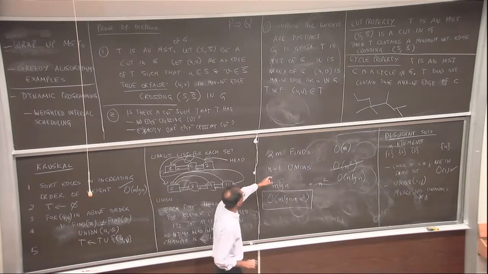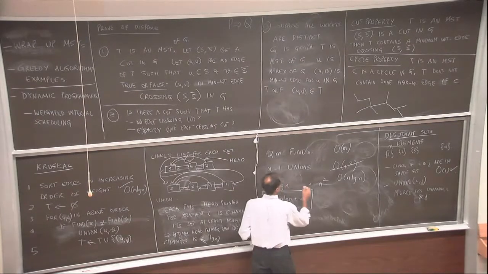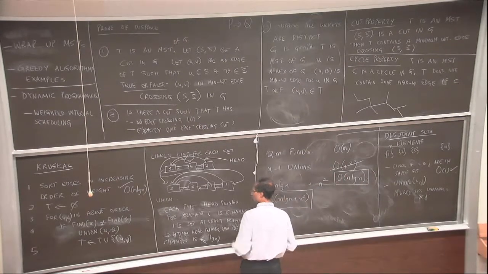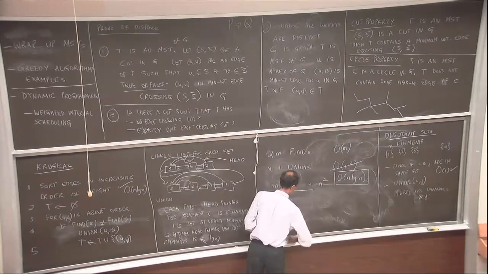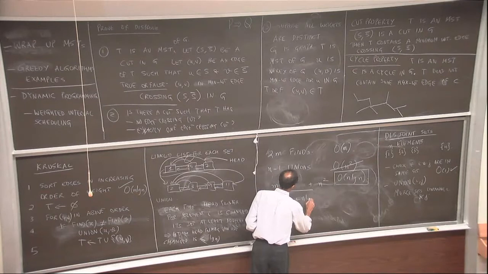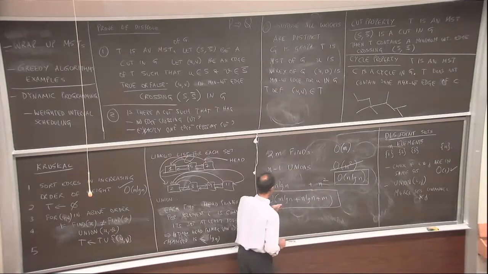So n minus 1 unions, and there are only n elements, so n minus 1 unions only takes n log n time. So the running time now is order m log n plus n log n plus m. But that's nothing but